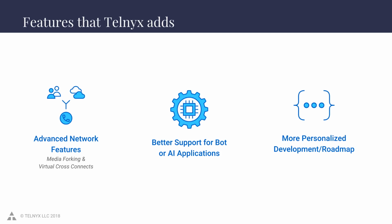And so, lastly, because of this infrastructure, I think there are some things that are exciting about Telnyx and about building on the Telnyx infrastructure. Because we own so much of our infrastructure, we can offer advanced features like media forking and virtual cross connects. And these enable, I think, next-gen applications. A lot of people are now building bots so that you can have more of the initial call handled by artificial intelligence. And the Telnyx platform has a lot of really neat commands and tools, from the forking